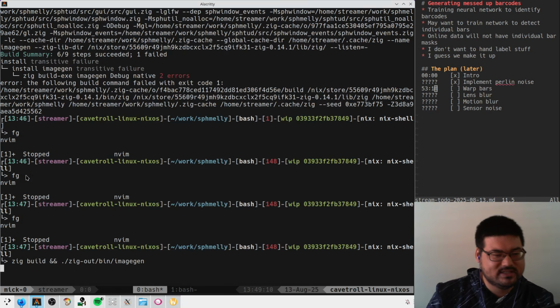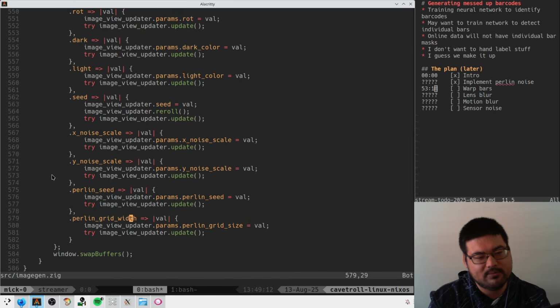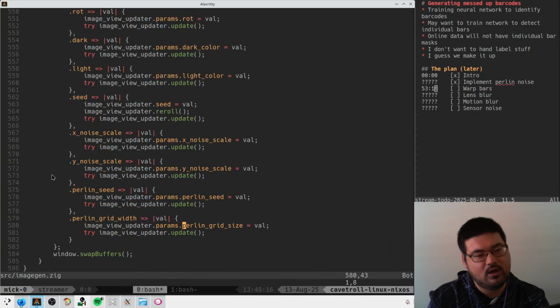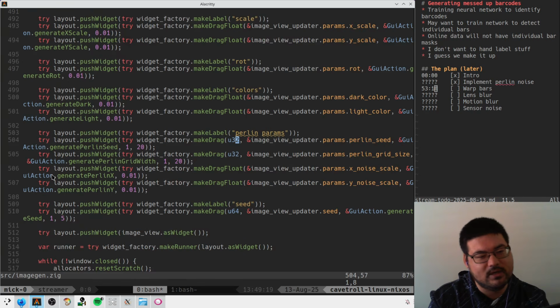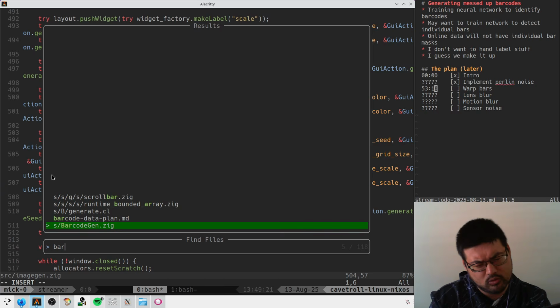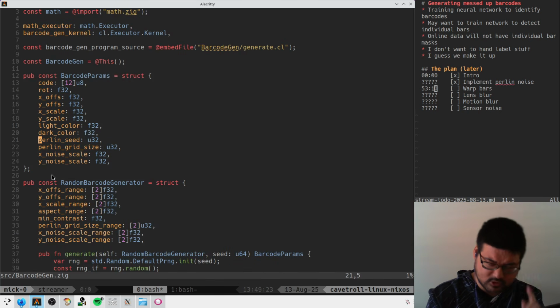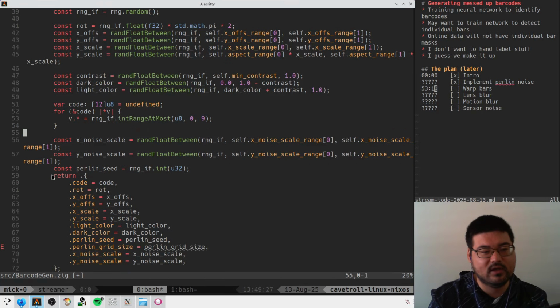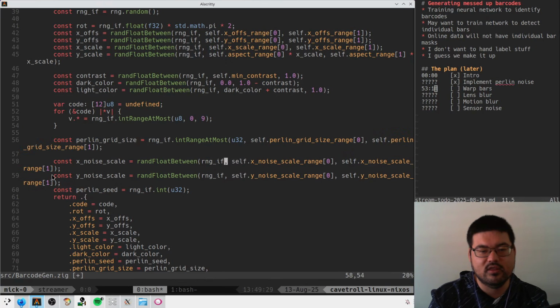So we need to at least set reasonable randomization parameters. I do think that the amount of offset needs to be related to the grid size. It just kind of feels that way. So let's calculate the grid size first. Then